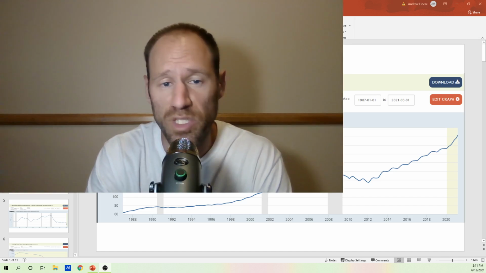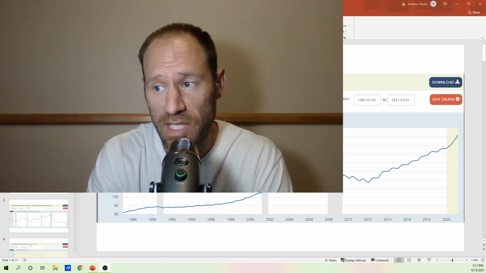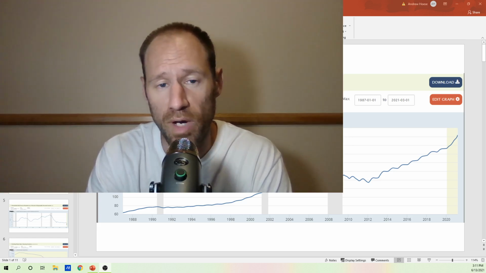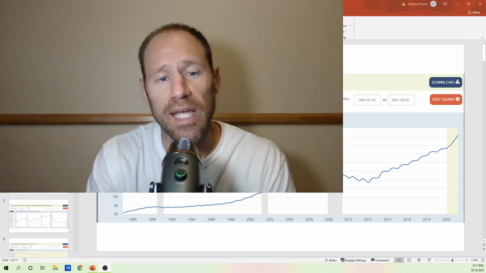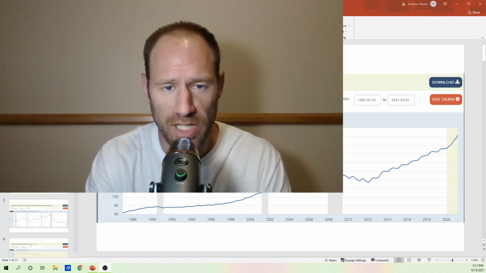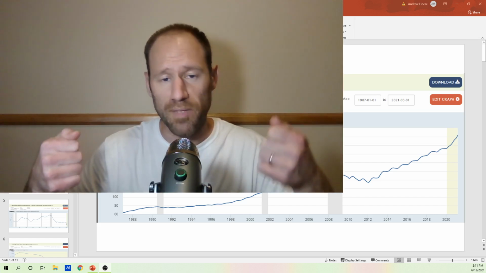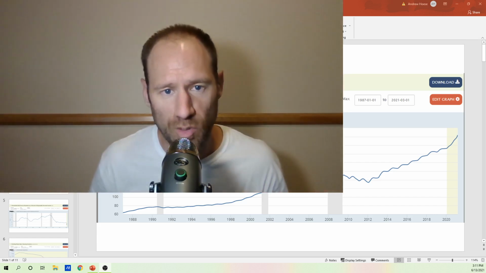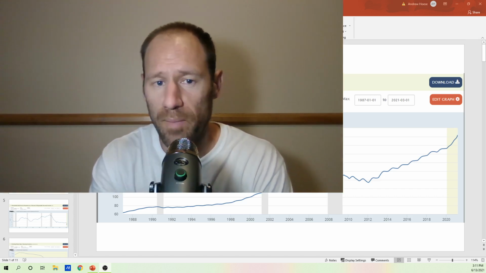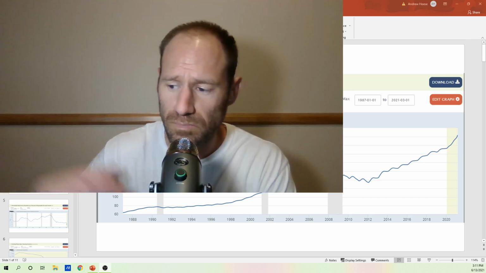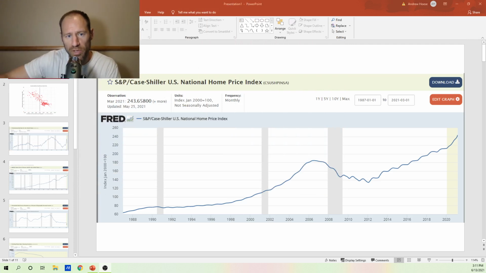A correct statement, which is positively correlated with data from history, is that house prices actually go up when interest rates go up. It is the exact opposite, and it's positively correlated. Remember, it's a loose correlation. This isn't like if this goes up, then that goes down, or if this goes up, this goes up. They're loose. It means in general with an R squared value, and I think if they have it in here, generally when things go up, when they go down, I'll show you that data. So I've got some data behind me. We're going to go over. This is what everyone focuses on for the most part.